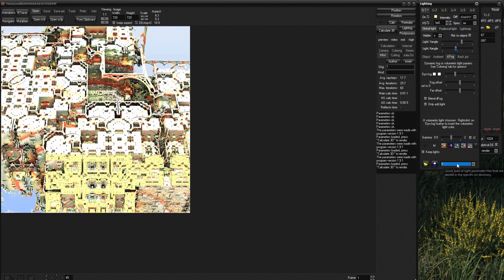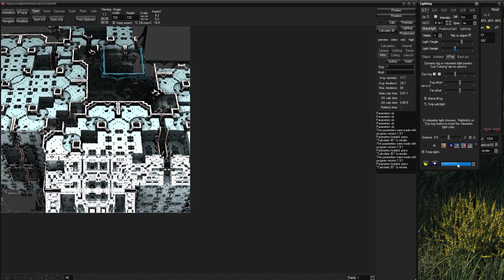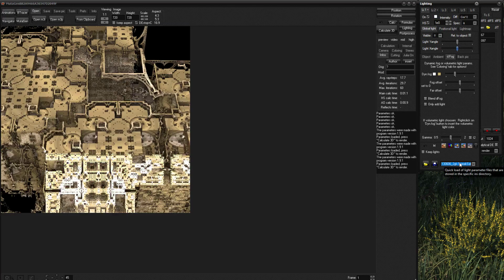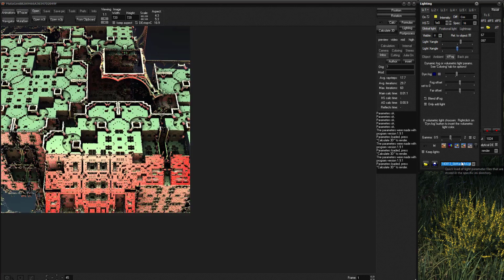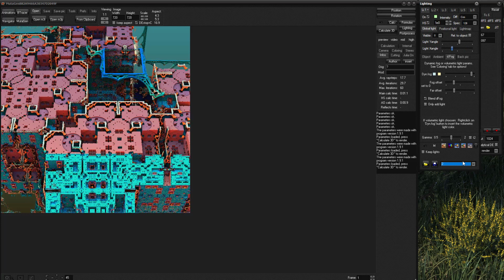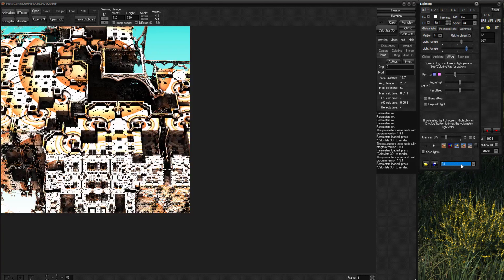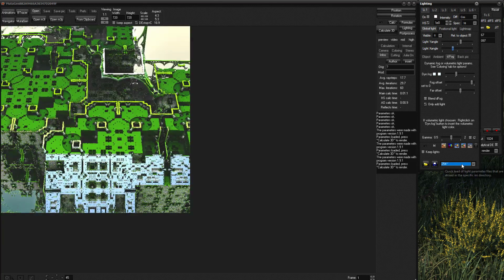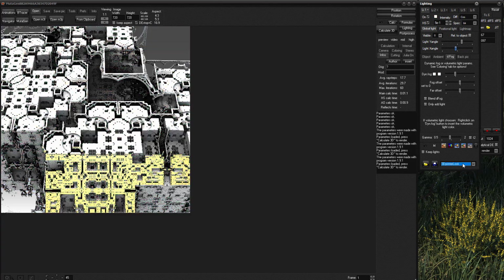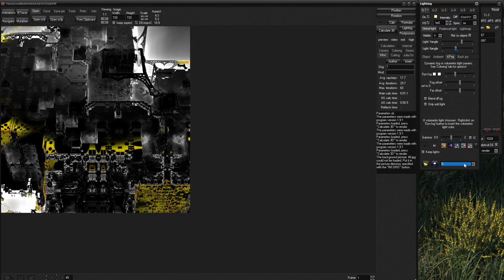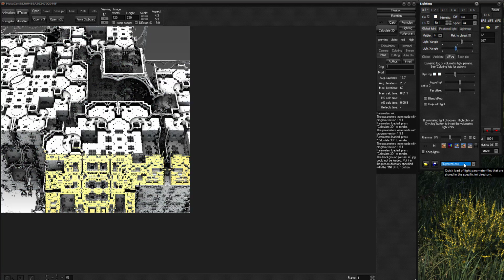So keep scrolling down until you find a good color for your fractal. I think I will take a very simple one because I like it black and white like that. I will take that for the tutorial, it's okay.